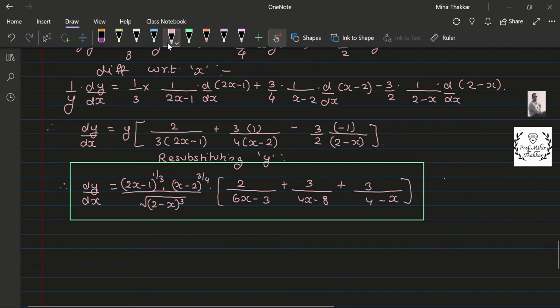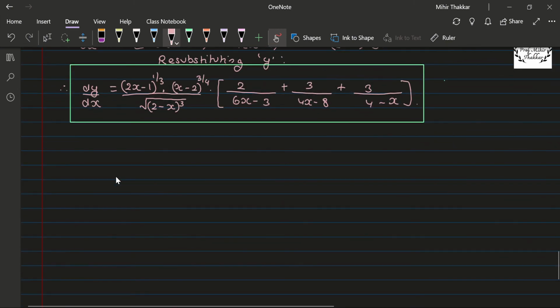Yes. Now the last type of example, guys, which is having two different terms. So when there are two different terms, what do we do in that kind of a sum? Let us understand now with the help of sum number 5. If I have y is equal to, let us say, (log x) to the power 2x plus 3 to the power x. What do we do in this kind of a sum?